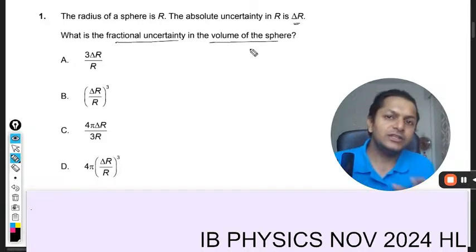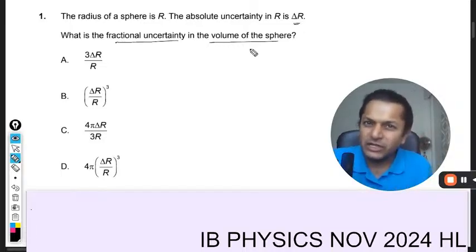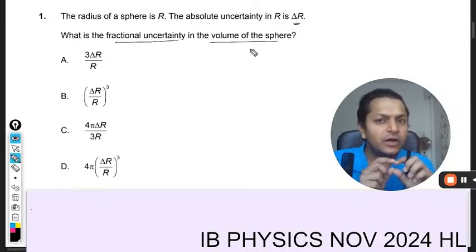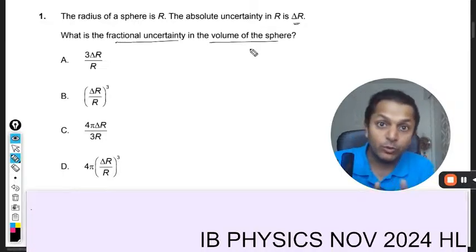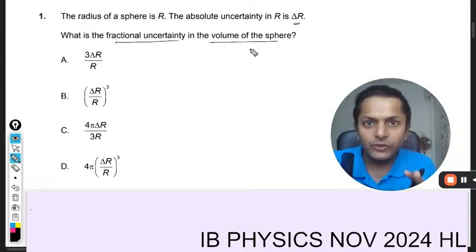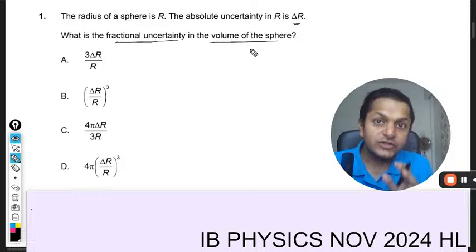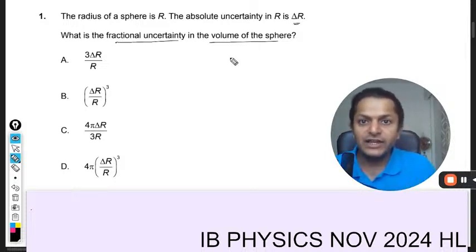Although this topic is not given specifically in our new syllabus, of course we have to do it, and it is one of the very important topics for Paper 1B. So let me tell you how we approach these kinds of questions. First of all, we are going to concentrate on a formula which relates the volume